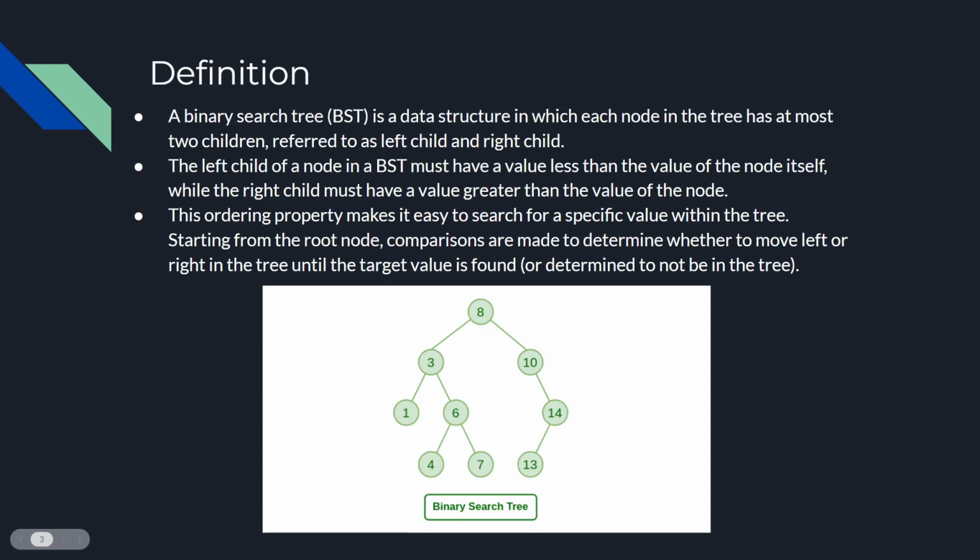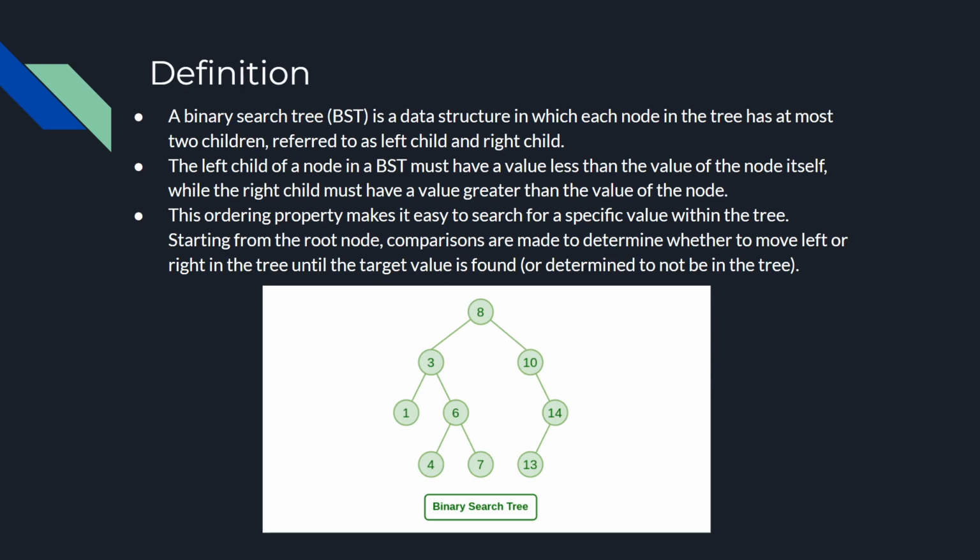Starting with the definition, a binary search tree, which we'll refer to as BST, is a data structure where each node in the tree has at most two children. So you can think of this as a literal tree with roots, where each root can only split off into two different roots. Specifically with binary search trees, in order to use the tree effectively, it must follow a series of rules. The first rule is that the left child must have a value less than the value of the